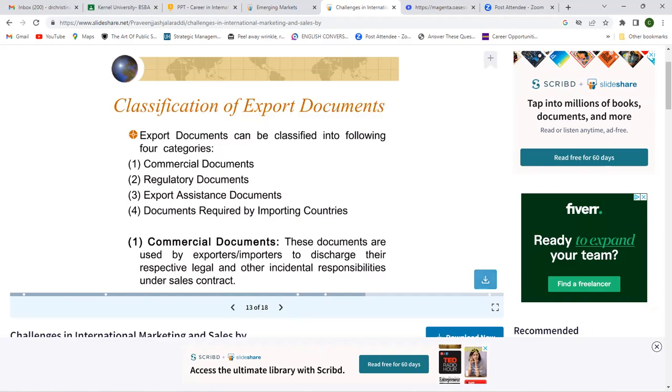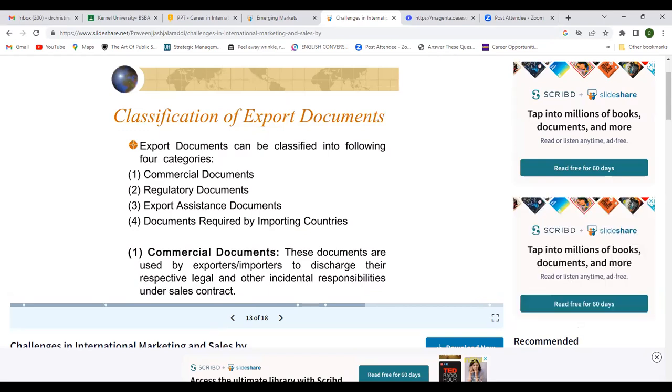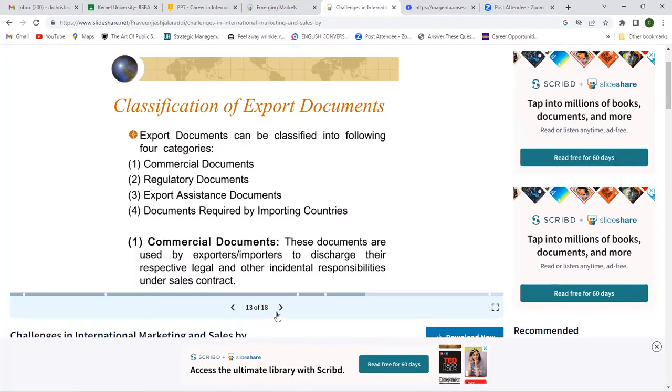Export documents can be classified in the following 4 categories: commercial documents, regulatory documents, export assistance documents, and documents required in importing countries. Commercial documents are used by exporters and importers to discharge their respective legal and other incidental responsibilities under a